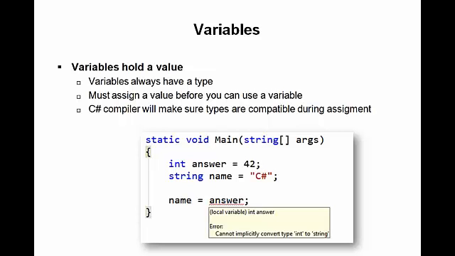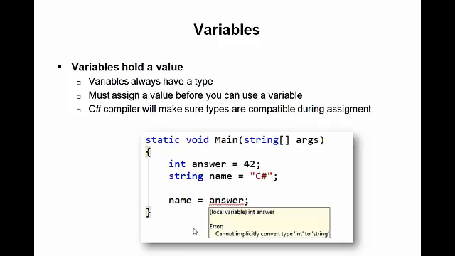Variables in a C# program are those named pieces of information that you create to hold some value. In this code snippet, we have a variable called answer that's holding the value 42 and a variable called name holding the string value C#. Variables always have to have a type, so I had to declare that answer was an integer and that name